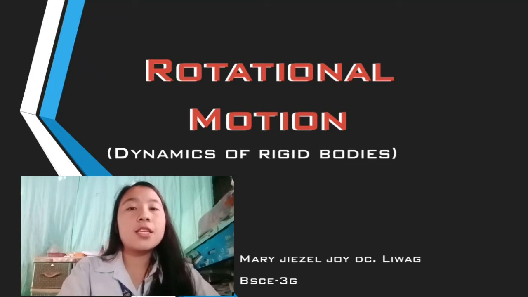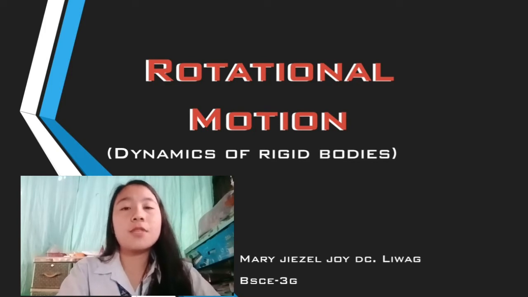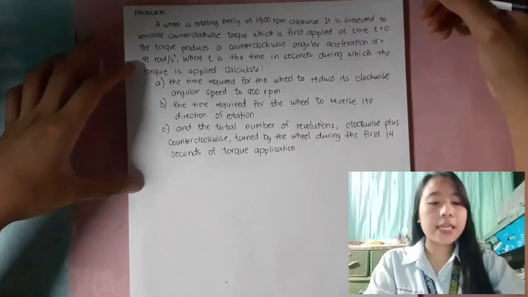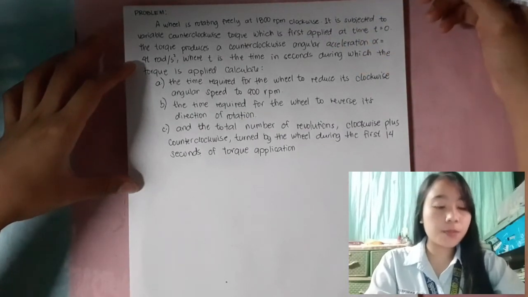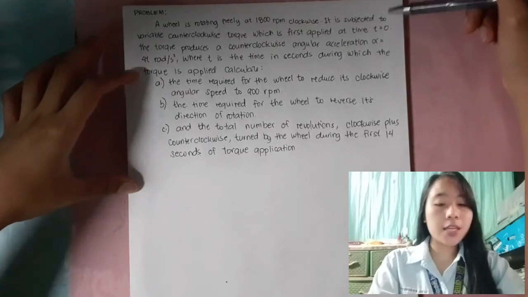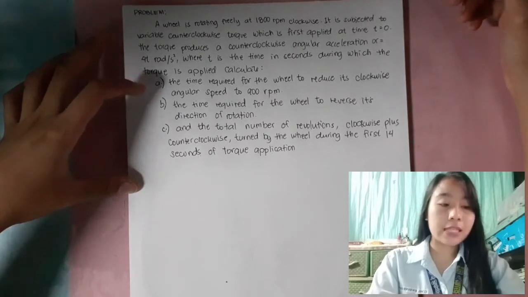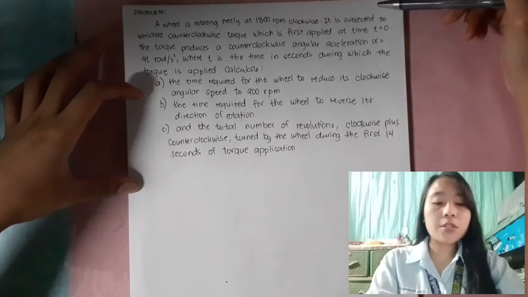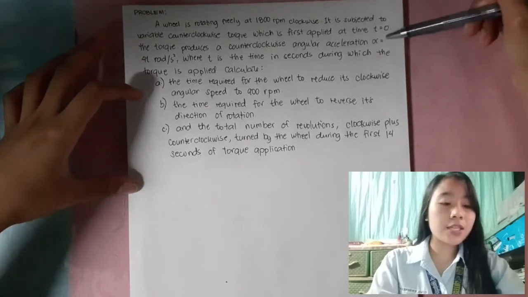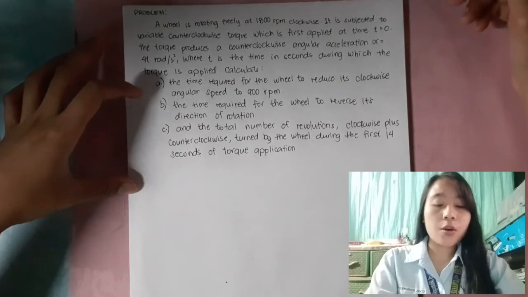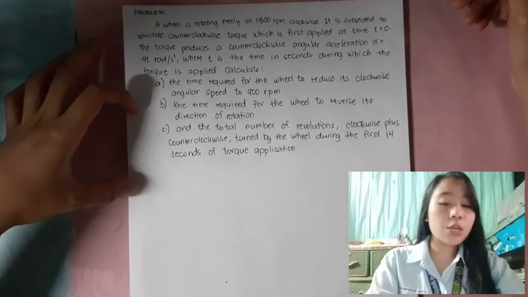Siliwag, BSCE 3G. From the subject of Dynamics of Rigid Bodies, I will explain one example problem in rotational motion. A wheel is rotating freely at 1,800 revolutions per minute clockwise. It is subjected to variable counterclockwise torque which is first applied at time t equal to 0. The torque produces a counterclockwise angular acceleration alpha equal to 40t rad/s squared, where t is the time in seconds during which the torque is